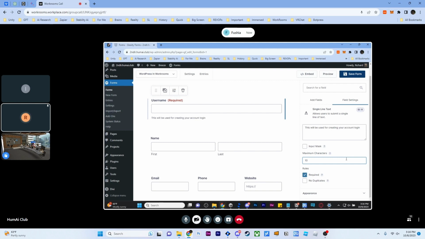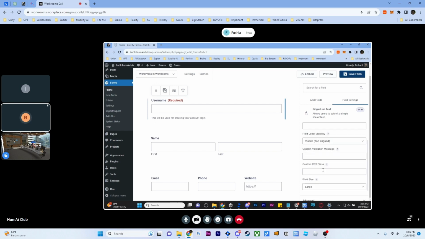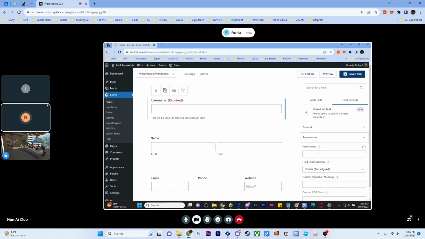So you can cut down and sometimes increase security by predicting the maximum number of characters a field should have, and you're able to apply it in that way. Now the appearance, you can apply a placeholder. So for this username, if I apply a placeholder, I can say,